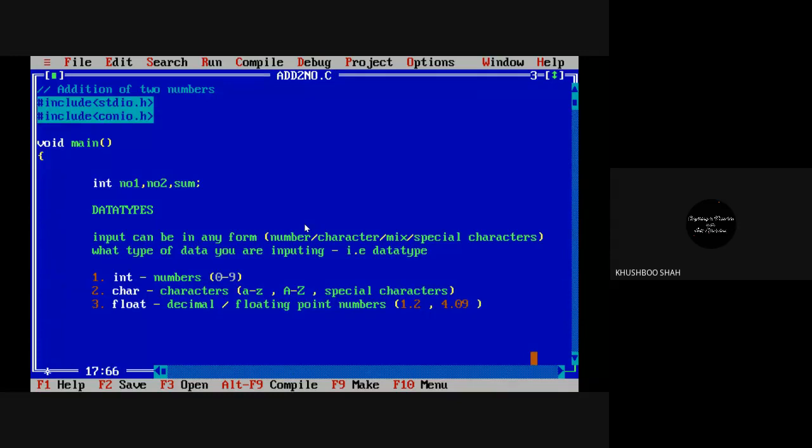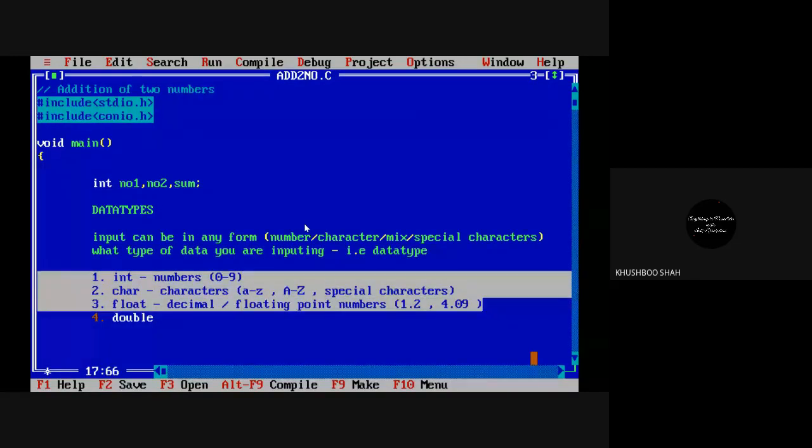Got it, everyone? Yes, ma'am. The fourth one is done. Right now we will focus only on int, char and float, these three. We'll focus on these three only, and gradually we'll see, because there are still